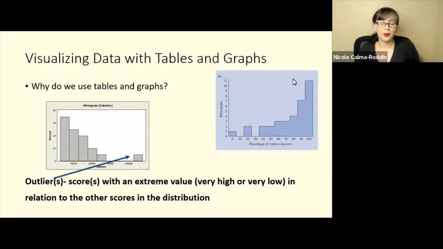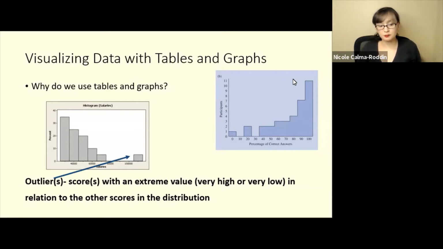In this video, we'll talk about decision errors. When we talked about visualizing data and the idea of outliers, we talked about outliers being scores with a very extreme value, either very high or very low. When we think about outliers, we also talked about the idea that oftentimes we will remove outliers from our data